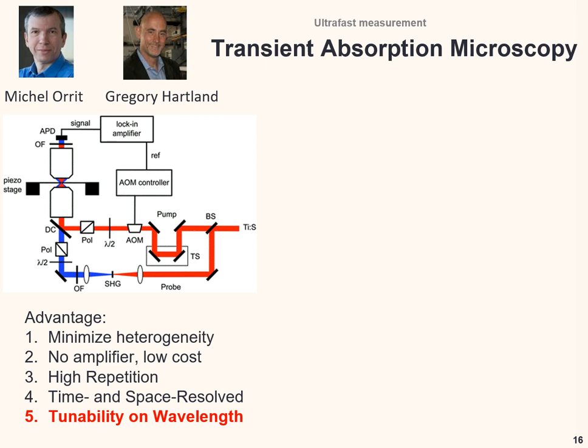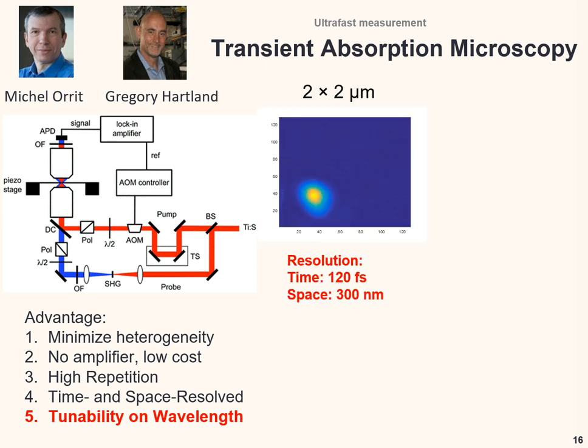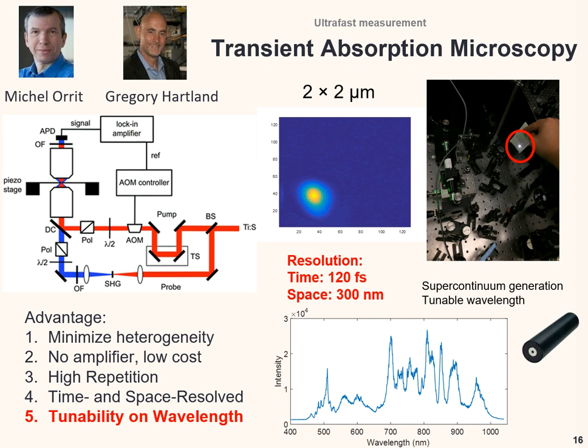However, there is a limitation in this instrument: we cannot tune the wavelengths. Remember, for a plasmonic nanoparticle, when you change the size, your plasmon wavelength shifts to different wavelengths. So when you only have 800 nanometers as detection, we are limiting the detection range. A lot of interesting systems we cannot study. What I have done is incorporate supercontinuum generation white light fibers into the whole system to generate a very stable white light ranging from the visible into the near infrared.